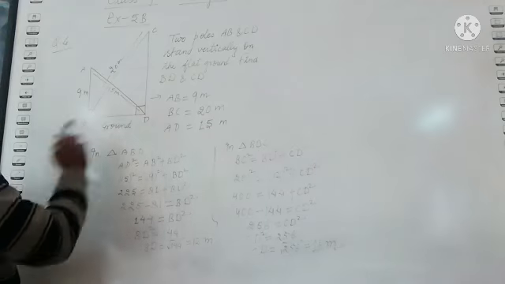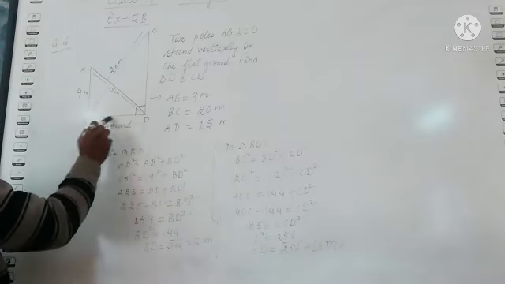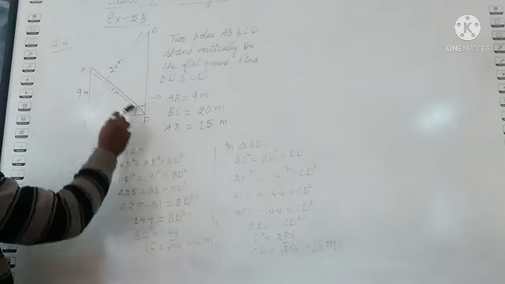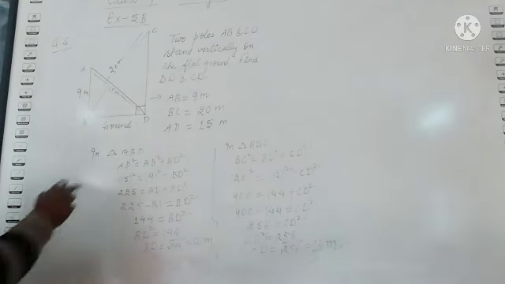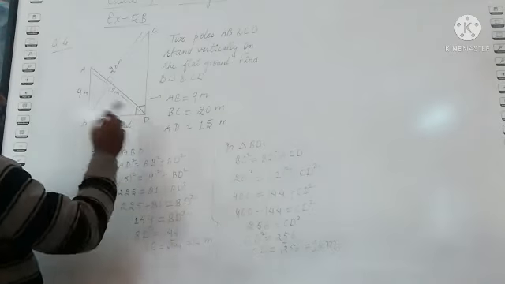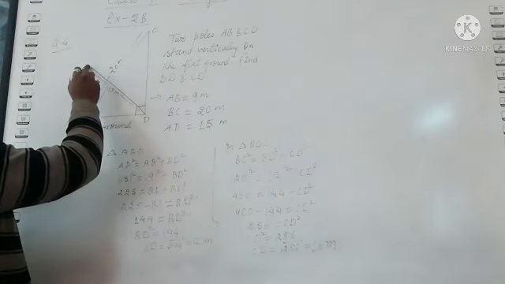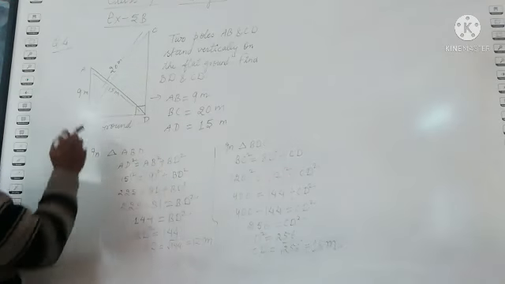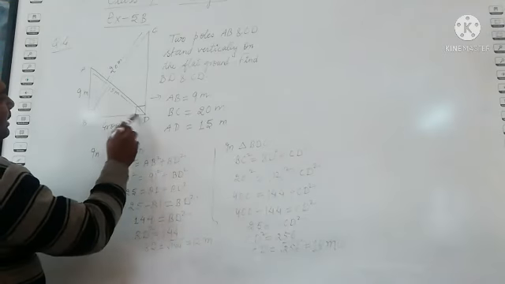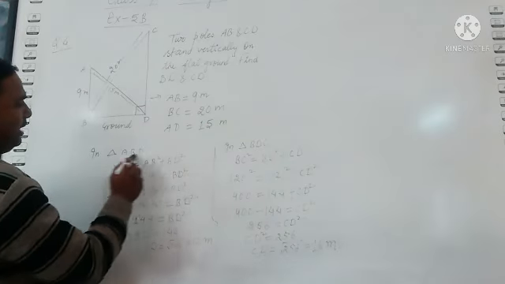So in triangle ABD, if you closely observe, you can find out this is right angle triangle because pole stands vertically on the ground. So here it is 90 degree. In front of 90 degree, AD line is called hypotenuse. So in triangle ABD, we will use Pythagoras theorem. And what Pythagoras theorem says? Hypotenuse square means AD square is equal to sum of square of two sides. So first side is AB, its square, AB square. Then second side is BD, so BD square and their sum. Okay, this is Pythagoras theorem I have used here.